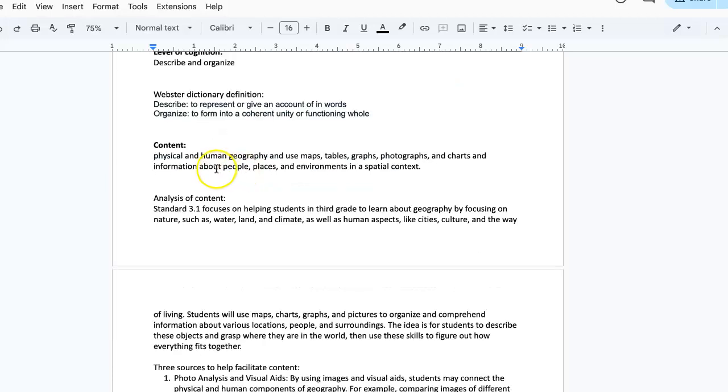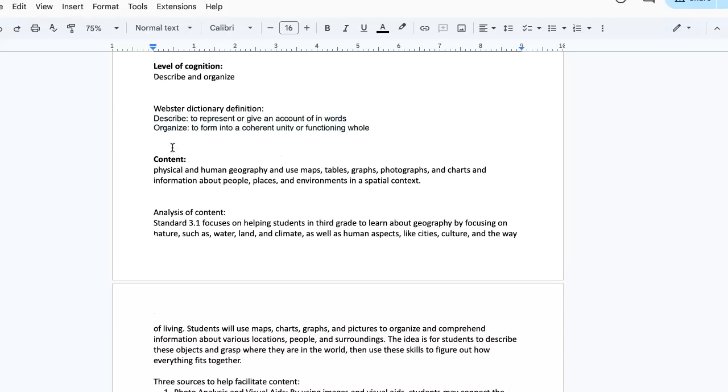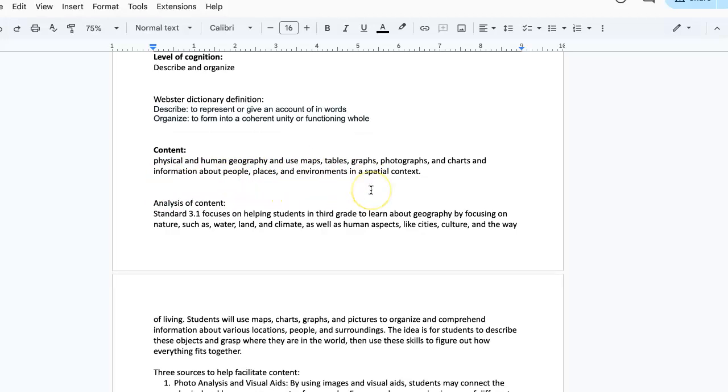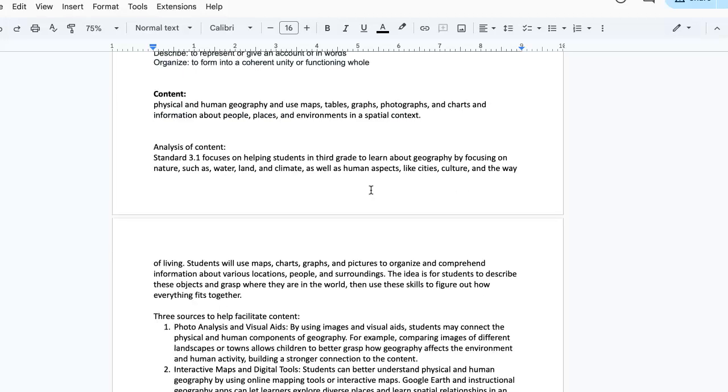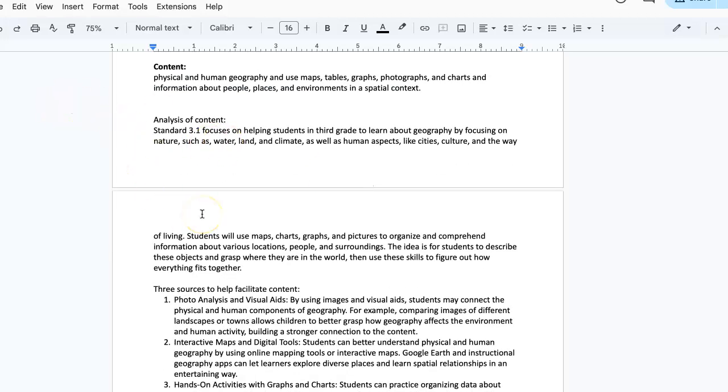definitions, and then the content, which is the following step that I followed, is what is going to be taught or the information that will be provided. Now, in this case, the information that will be provided is physical and human geography and use, maps, tables, graphs, photographs, and charts, as well as information about people, places, and environments in a spatial context. In this case, the analysis is the same thing as the content, however, it's just a bit more specific with